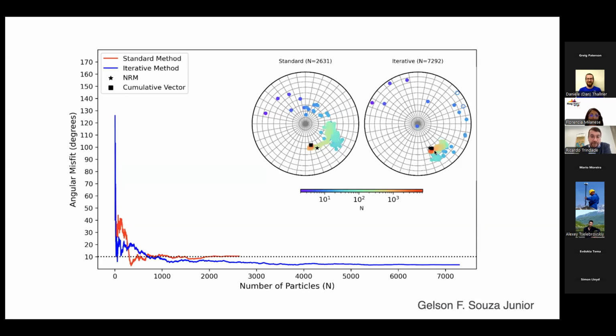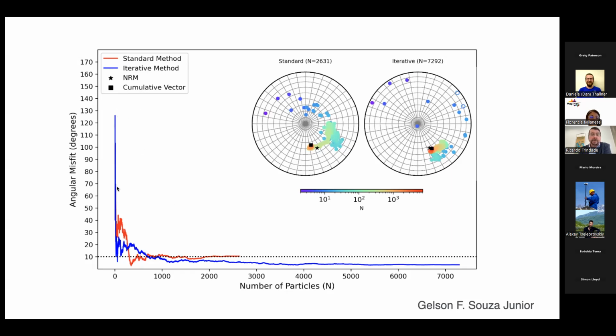The inversion of the whole image takes only some minutes. And then we can start to see how many grains are necessary for us to provide a direction that is very close to the expected direction that was imparted into the basaltic sample. So we have here